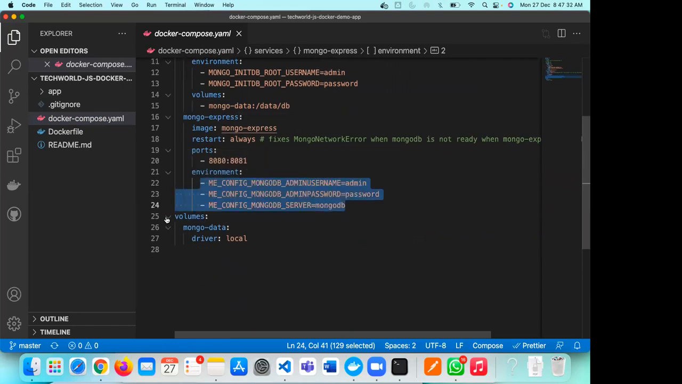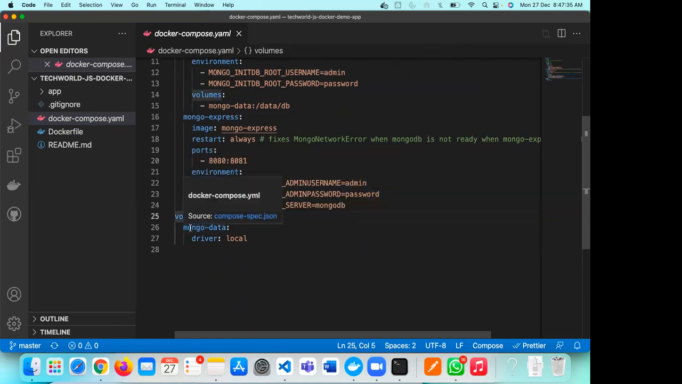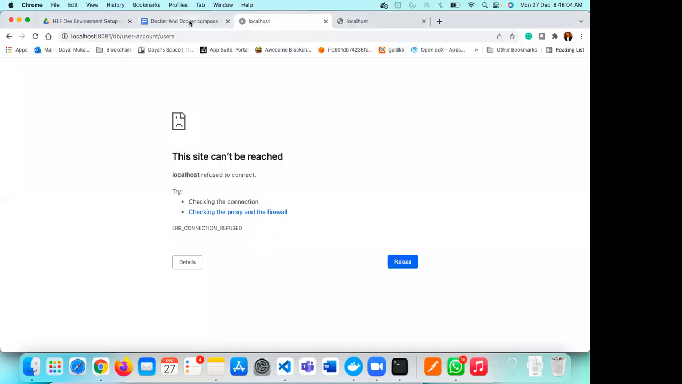And after that, we are going to define the volumes. So volumes are Mongo data, driver is local. Driver is local meaning the database is local. So Express is just a database browser, right? Okay. Yeah. So basically, those first 5 commands, we are just writing in the template. Okay. So now what I'm going to do is,